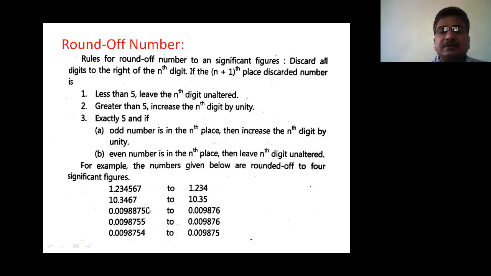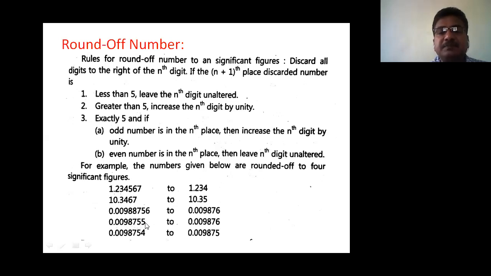We have to discard the digits from this. We have to round up this number up to 4 significant figures. That is, we have to remove this 6, and this 6 is greater than 5. So increase the previous number by 1. 5 is replaced by 6. After this number